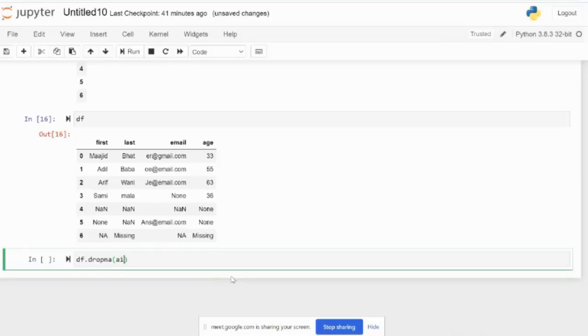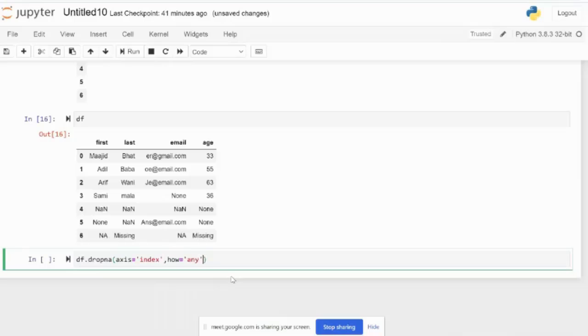What is the first argument? This is axis, and axis I am saying to look for rows. What will be the second argument? How will contain the value any,